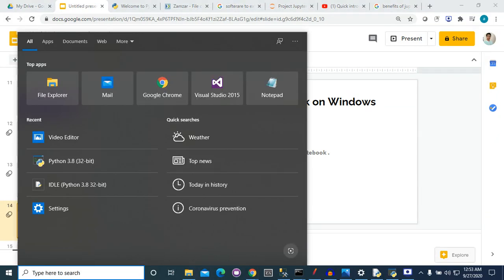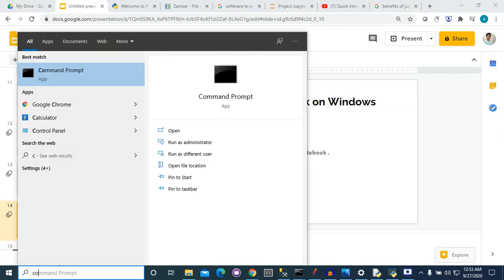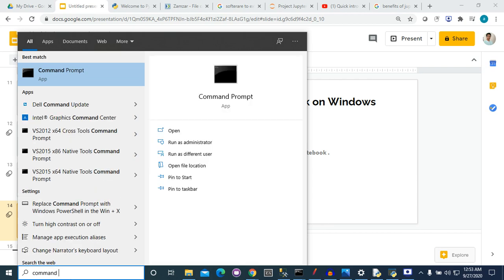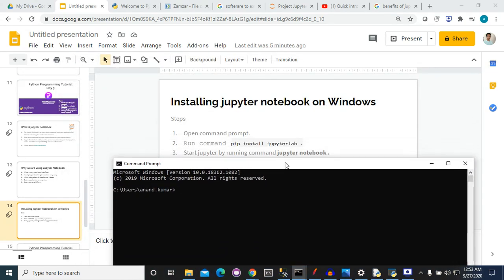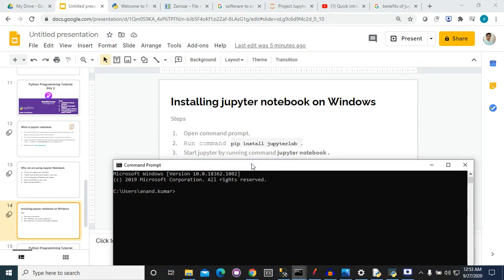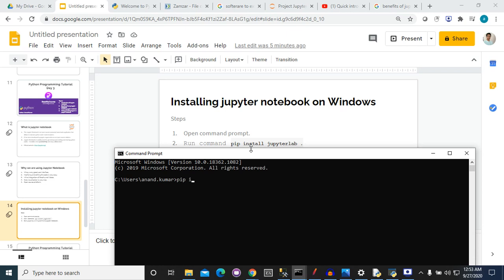To open the command prompt, you need to write command prompt. Now you can see that it is displaying command prompt here. We just need to click it and write pip install Jupyter Lab here.